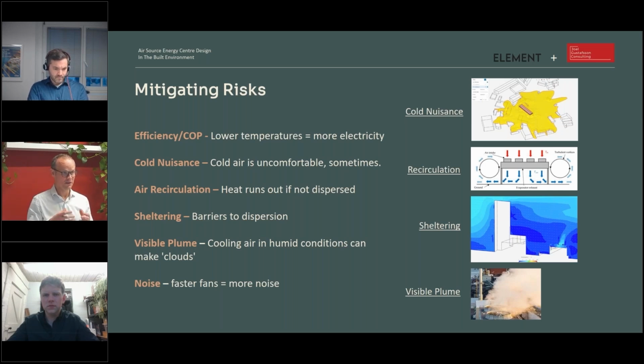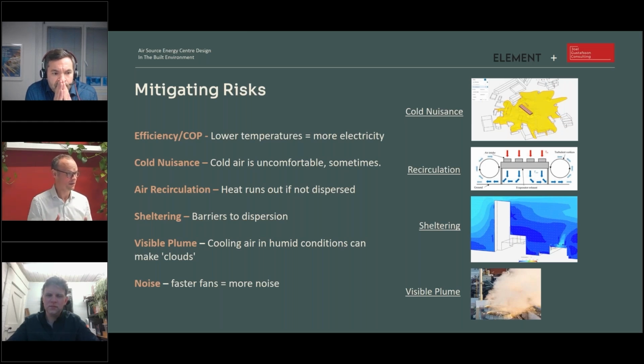Cold air, if it's made cold enough, can be a real nuisance. I will add the word sometimes on the bullet point there, because actually we are used to, in an external environment, particularly in winter, changing conditions. If you think about stepping around the corner on a windy day and you're suddenly exposed to a wind chill, we're used to big swings in external temperature. However, in the middle of summer, if the air was suddenly 10 degrees colder than ambient and you're wearing shorts and a t-shirt, that's a different situation. Air circulation causing the heat to run out, and if it isn't dispersed at all, the heat pumps will simply turn off.